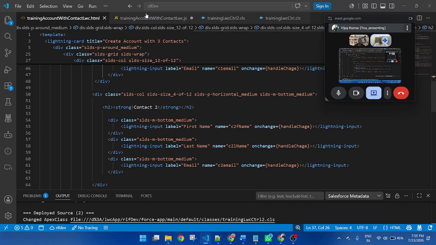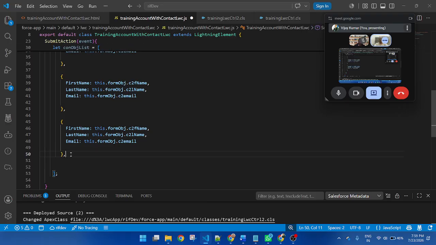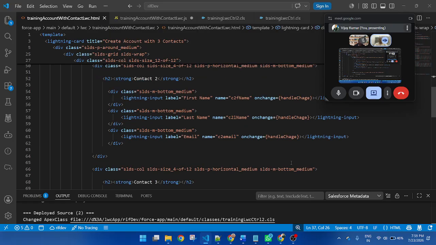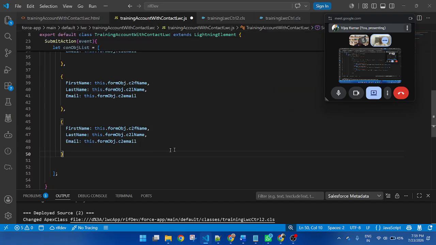So I will change only the name here. Then comma, copy and paste here, and remove the comma from the last one. And in the last column 3, you can see C3, C3, C3. So here I will change only C3, C3 and C3.